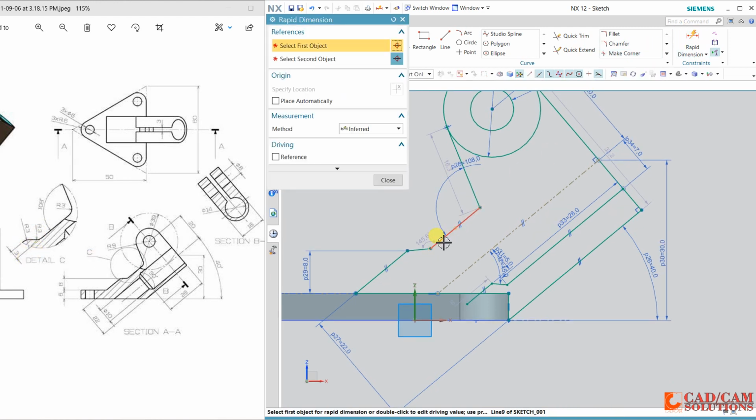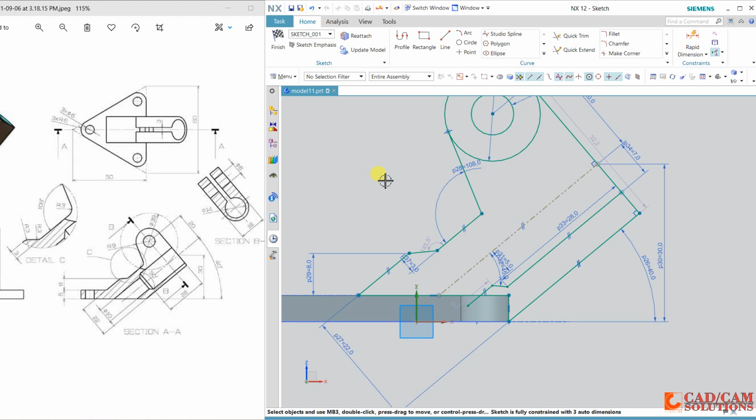The distance between these two is 3, and close. The angle is not defined here.